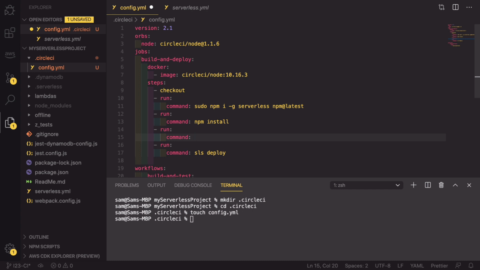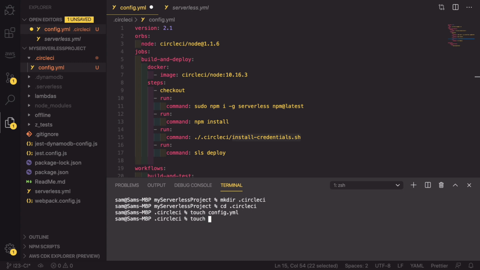To run a script, we just need to run it. So ./ This is going to be in the CircleCI folder. So CircleCI/install credentials.sh. And I'm going to copy that file name